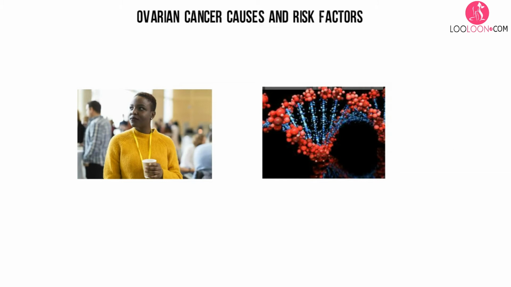In the United States, 5 out of 100 women with a first-degree relative with ovarian cancer will eventually get ovarian cancer themselves. 7 out of 100 women with 2 or more relatives with ovarian cancer will eventually get ovarian cancer. In general, 5 to 10% of ovarian cancer cases have a genetic cause.